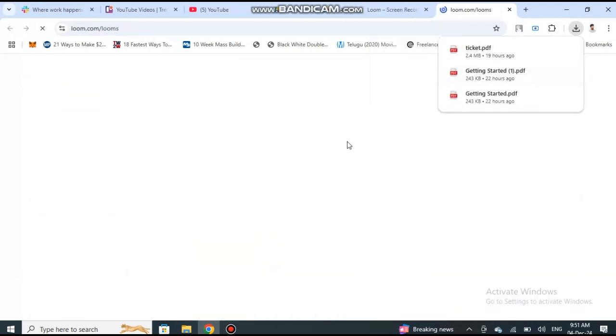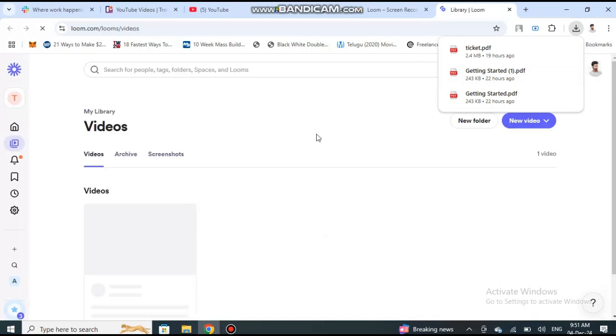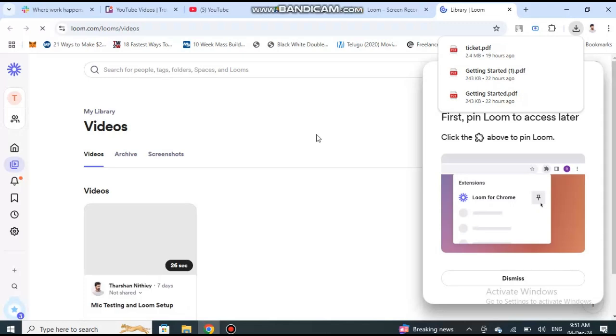So now what you can do, you can simply sign in to your Loom account if you have an existing account, or you can just create one on Loom. So and once that's done, that's it, you're all set and you can now use Loom to record your videos,